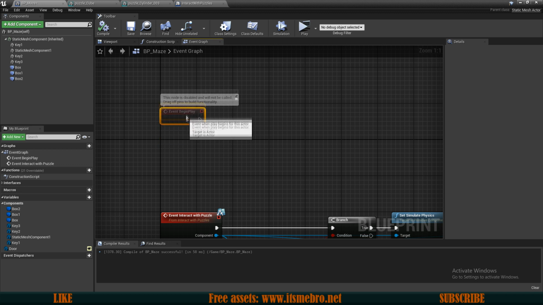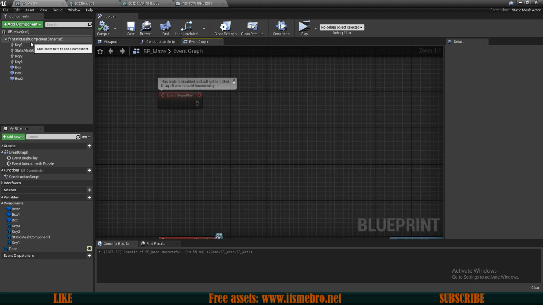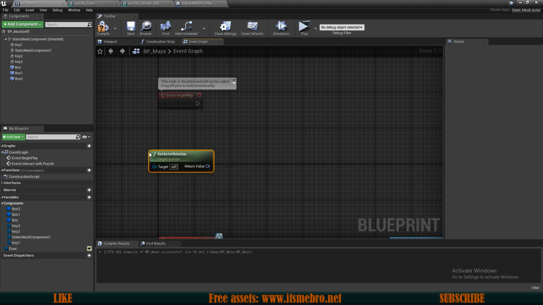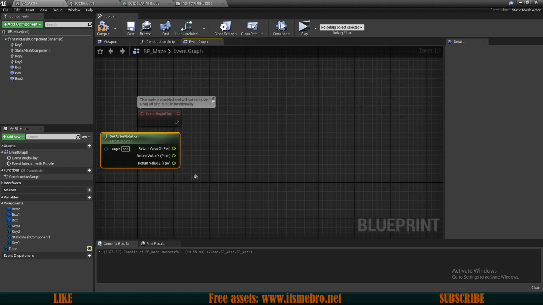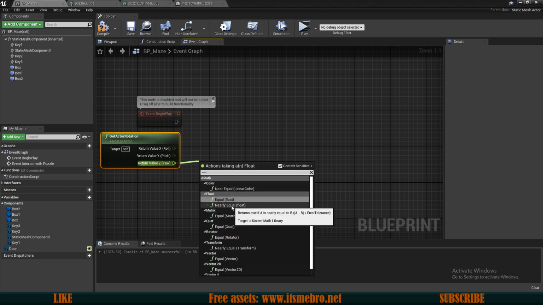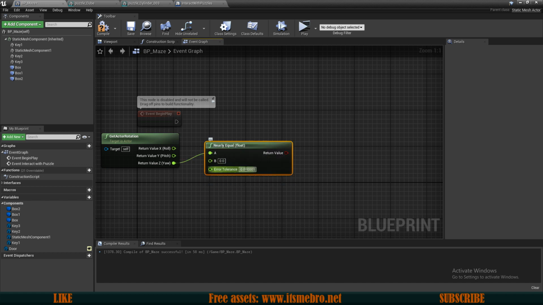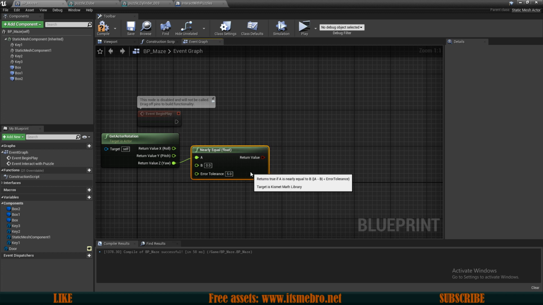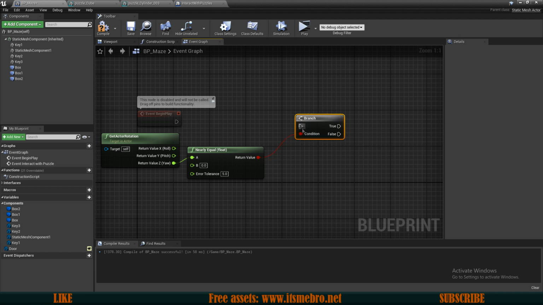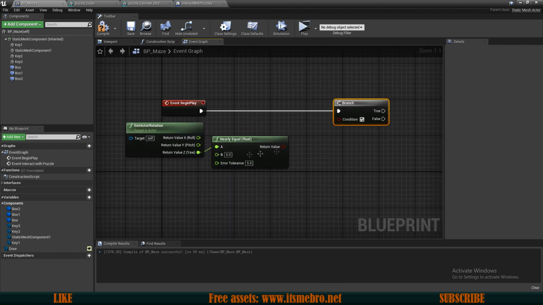So over here on begin play, let's get the actor rotation. There we go, actor's rotation. Let's split this value because we need the Z value. And what we want to do is from the Z, we want to check if this is nearly equal float. There we go. Let's give this some error tolerance. Let's say 5. It's too big. I think 1 should be good enough, but just for safety purposes, perhaps give this a 2 or 3 or 5. And then we will want to do an if branch check, but not just yet, because first